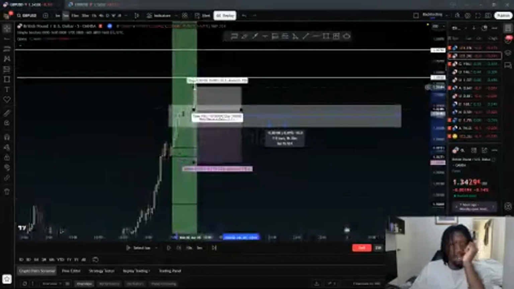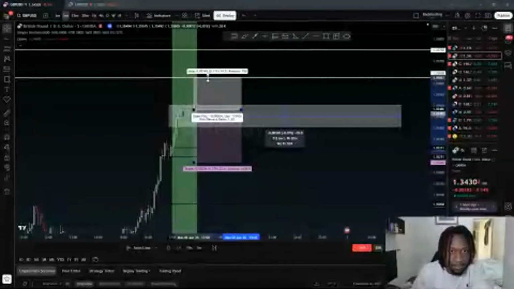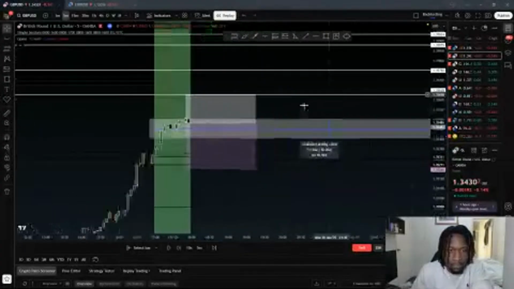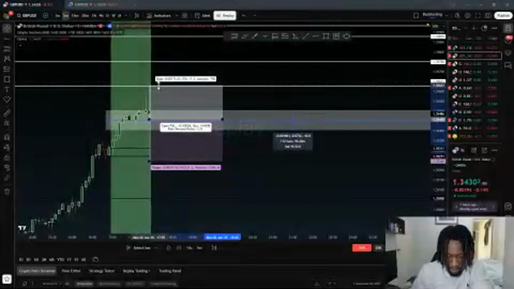I don't know what I'm doing, though. I don't know how to do the risk for this specifically. Let's see. So my plan is if price decides to push down from here, I'll probably take that sell. This is a very difficult look. The reason why it's a difficult look here